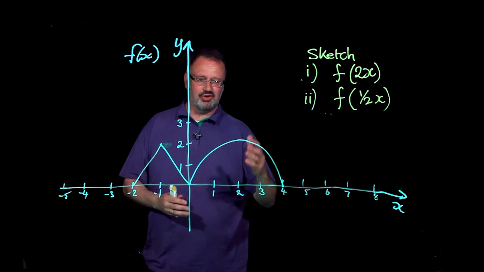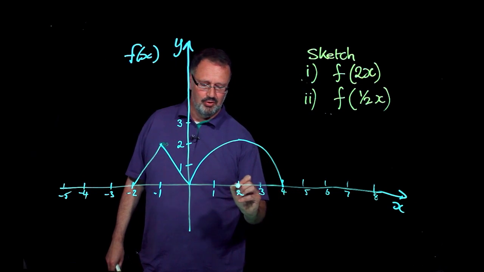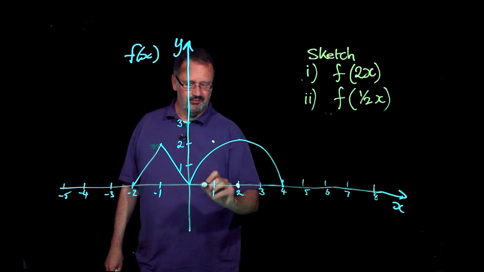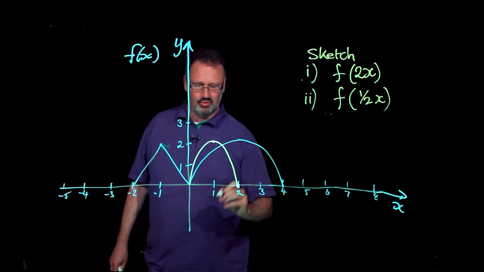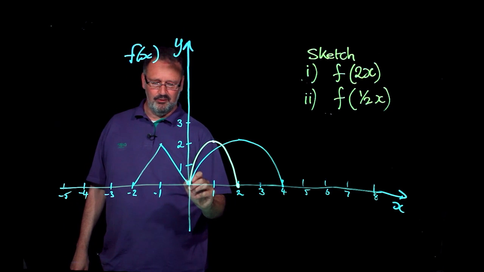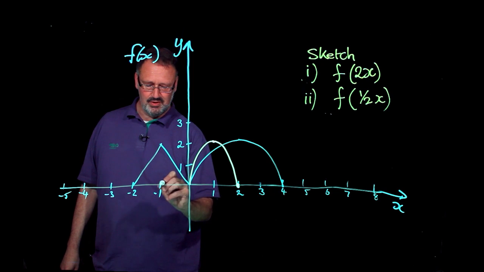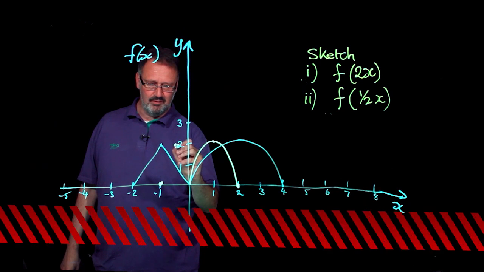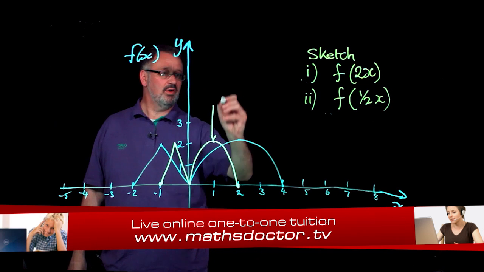So the curve becomes, of this first one, this point here of 4, 0 moves to 2, 0. The peak here of this section of the function, 2, 2, becomes 1, 2. And so this bit here looks like that. This section of the function, negative 2, 0, becomes minus 1, 0. The peak here of minus 1, 2 becomes minus a half, 2. And so that here is f of